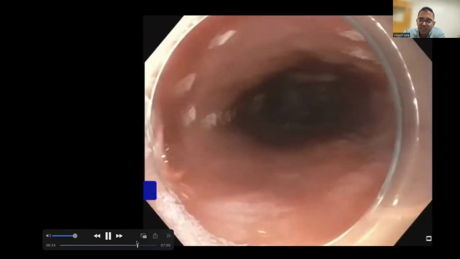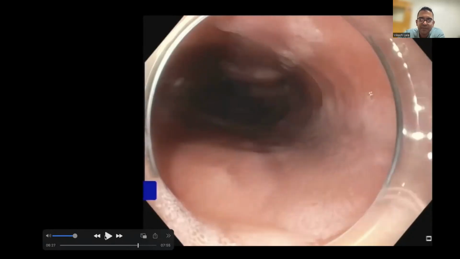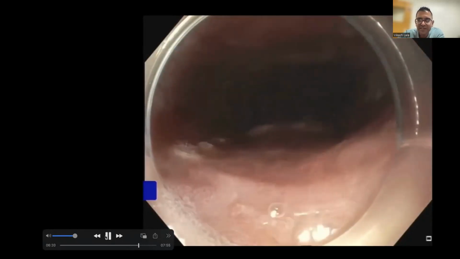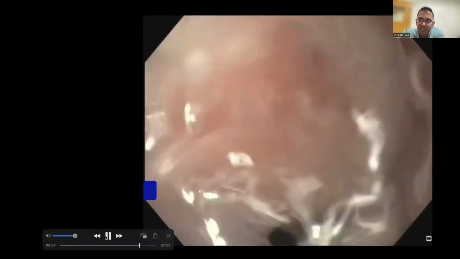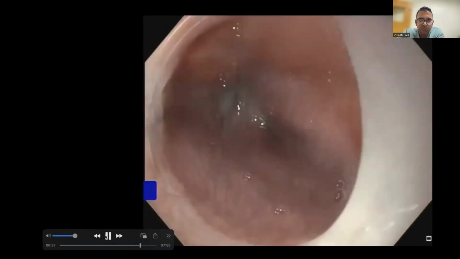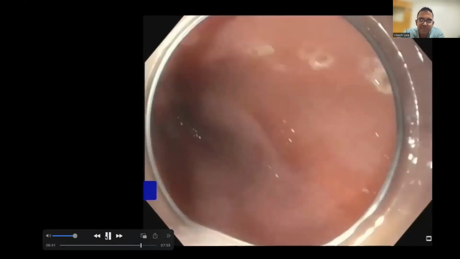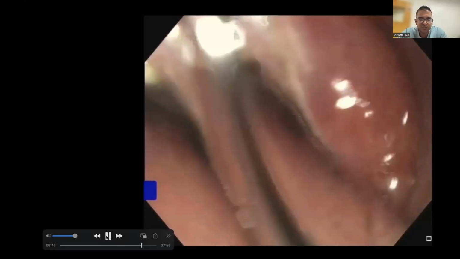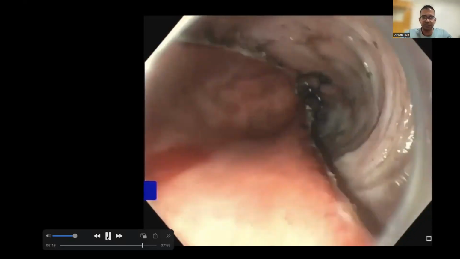So what I proceeded to do was an ESD for this patient. I went very wide. These are my markings. So this is where I cut along when I was performing the ESD. So I went nice and wide to include those nodules and to include that area of what I believed was high-grade dysplasia orally or proximally or whatever you want to call it above those nodules. So you can see my markings nice and wide around the nodules, including any areas of visible high-grade dysplasia, which I picked up or felt I picked up endoscopically.